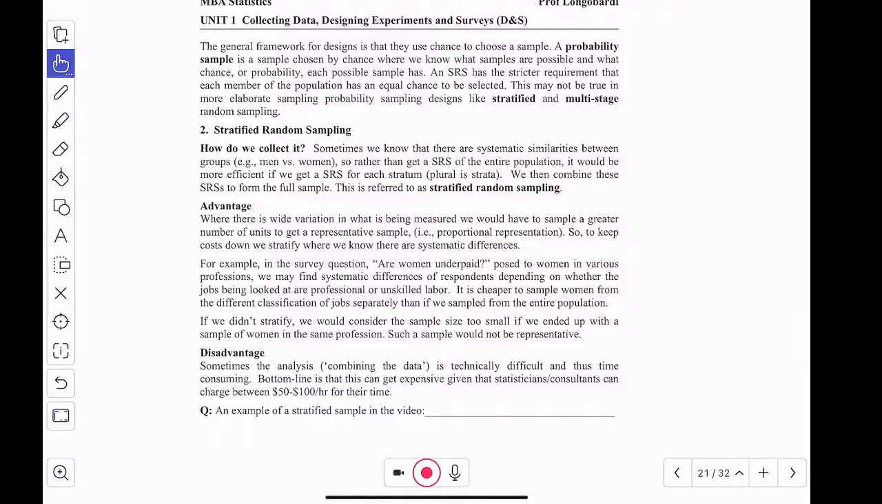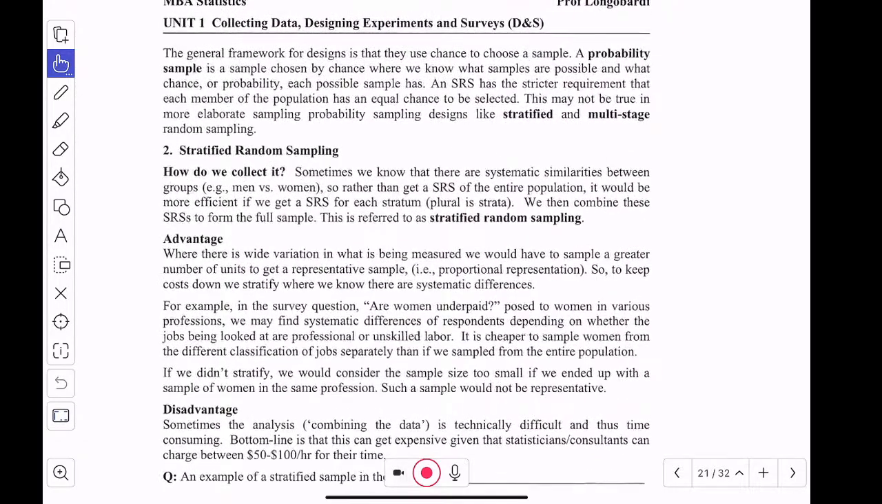I say that a probability sample, the general framework for designs, is that they use chance to choose a sample. A probability sample is a sample chosen by chance where we know what samples are possible and what chance, or probability, each possible sample has. A simple random sample has the stricter requirement that each member of the population has an equal chance to be selected. That's important. So a simple random sample is a probability sample with this requirement